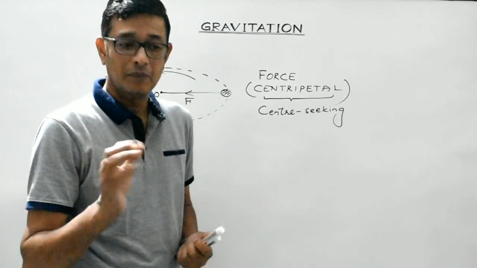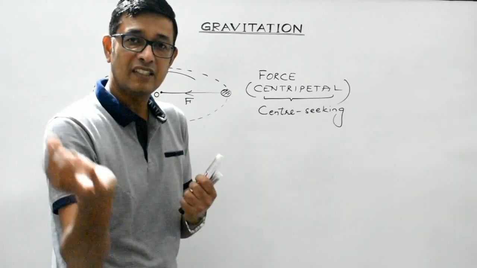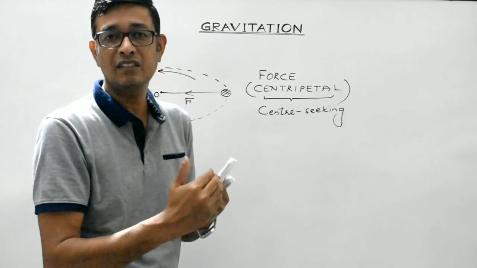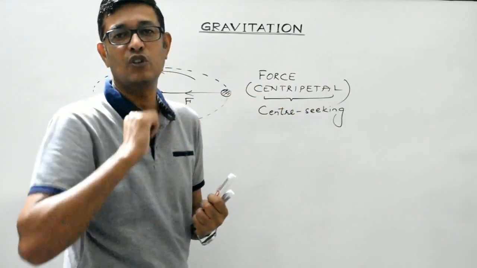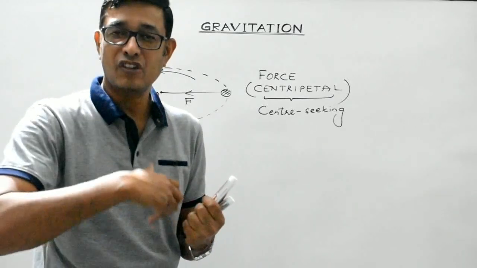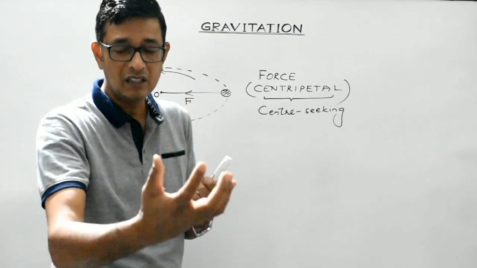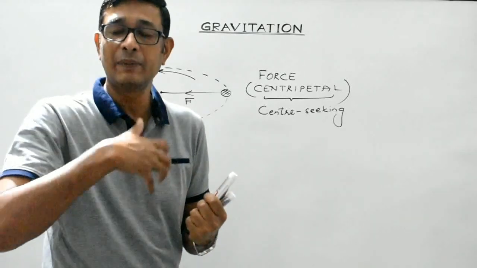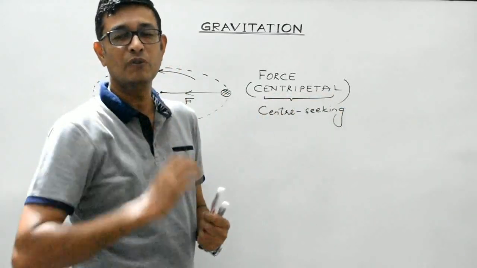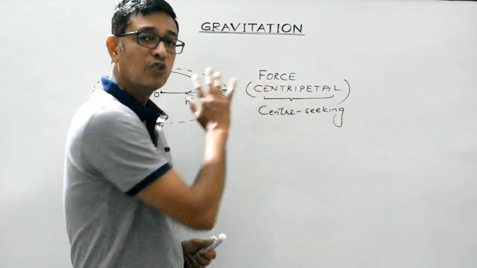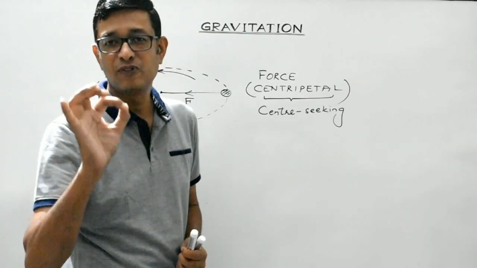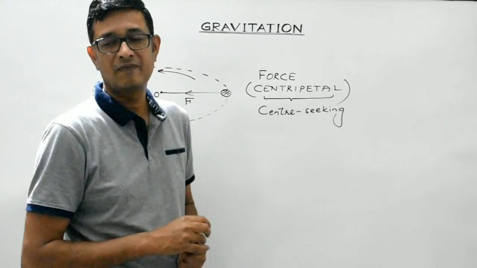So basically, between Earth and Sun, it is the force of gravitation between the Earth and Sun that enables the Earth to revolve around the Sun in circular orbit. Between Earth and Moon, it is the gravitational force of attraction between the Earth and the Moon which provides the centripetal force so as to enable the Moon to revolve around the Earth in circular orbit. So, the centripetal force in these cases is provided by gravitational force of attraction.